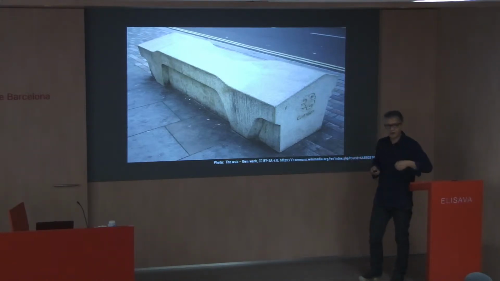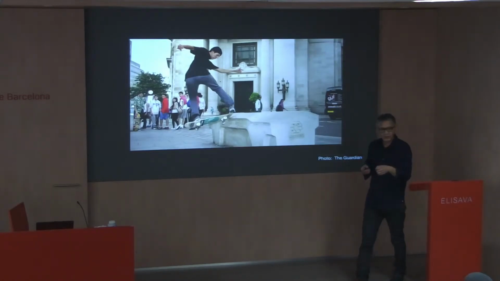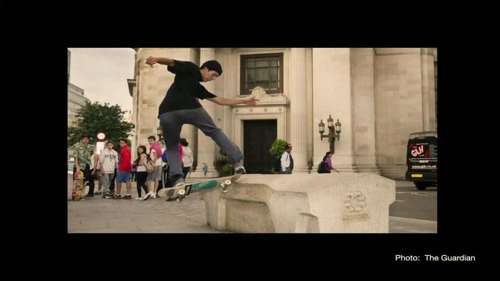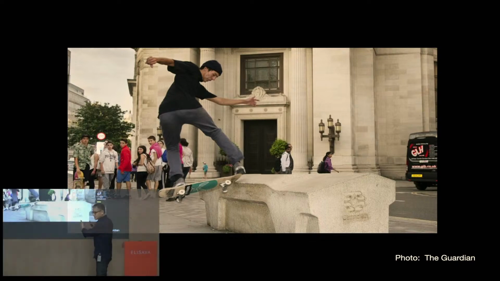But like all things political, they can always be contested. Negotiation is about, there's no one way that something is meant to be. You actually have to negotiate, and sometimes that negotiation takes on the form of resistance. And here is a resistance against a designed thing. It's about whose public space it is, and sure enough, there is a Camden Bench skateboard trick, as you would expect.